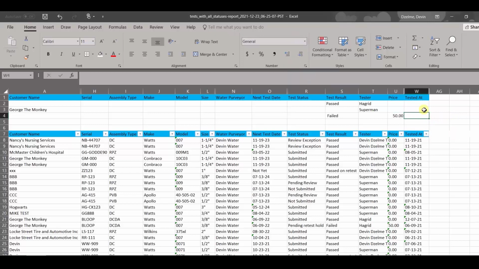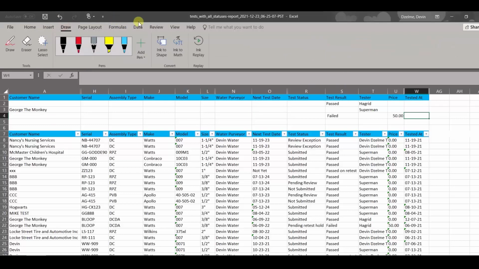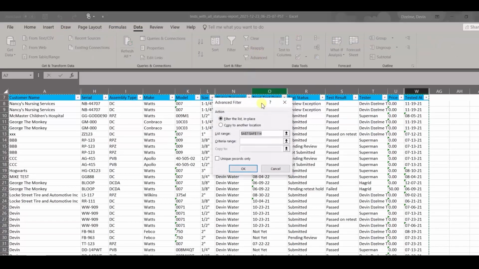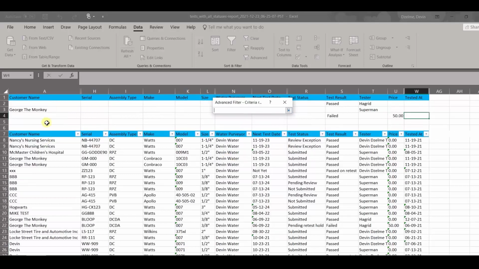What we're going to do here is we're going to apply the filter. So we want to go to Data, press Advanced. The list range is already highlighted for us by Excel, and we're going to select the criteria range. We're also going to include the header. Okay, we're going to press Enter